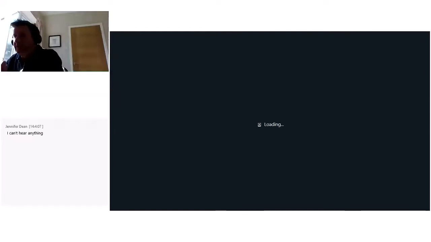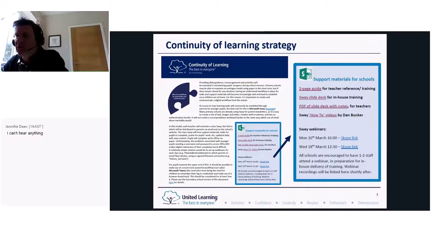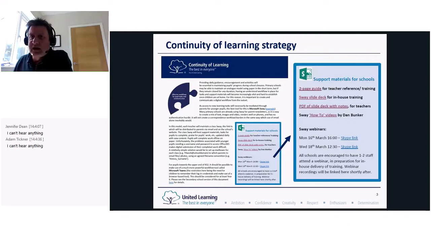I'm looking at a screen now that says what the continuity of learning plan is for our primary and prep schools, and SWAY is quite an important part of that strategy, hence why we're putting on these kinds of webinars. I did one this morning where we looked at the basics of SWAY, and now we're going on a little bit. I can do a little bit of recapping, but the idea of this one is to look at some slightly different content and enable us to move forward in the second phase of the strategy,